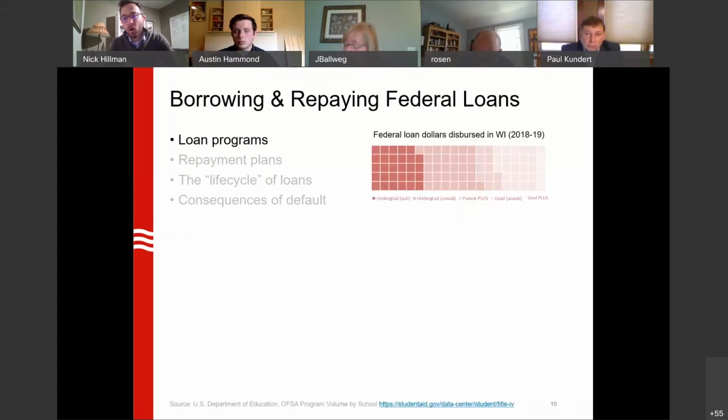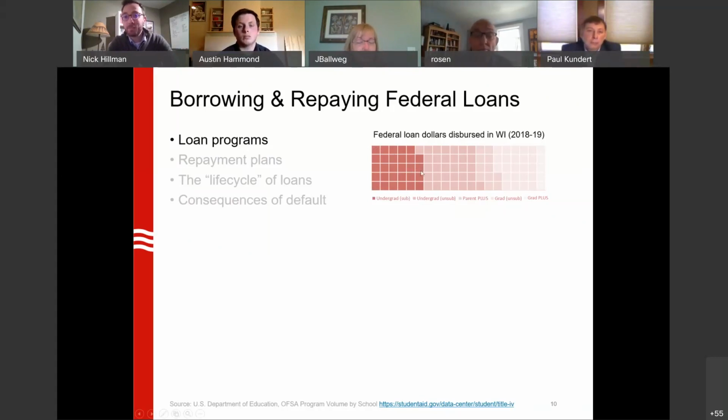If you were to take all of the loans that are dispersed by public, private, for-profit, nonprofit colleges in Wisconsin, you would have $1.3 billion on the table. And this is data from the U.S. Department of Education, the Office of Federal Student Aid. This chart is called a waffle chart. It's sort of the rival of the pie chart. This has 100 squares on it. So if you add up all the dark red, the ones furthest on the left here, and I'm a little colorblind, so I forgive folks if you can't tell that's dark red, here about 5, 10, 15, 20,